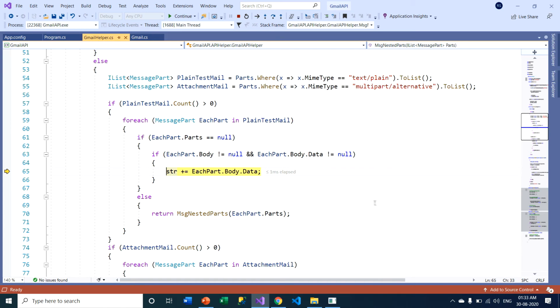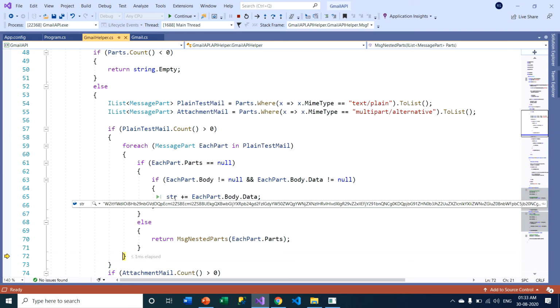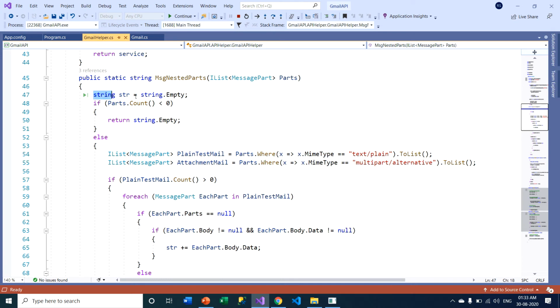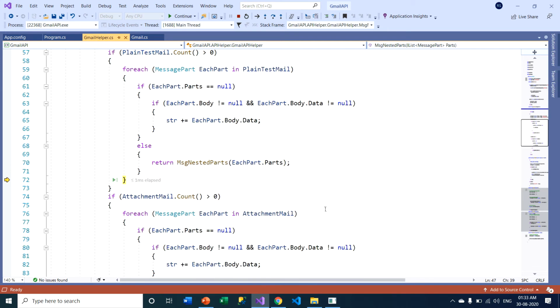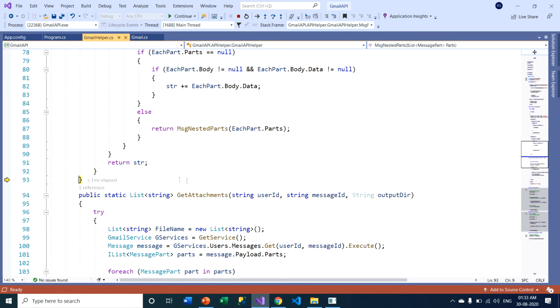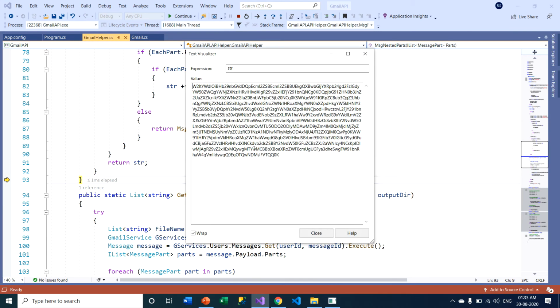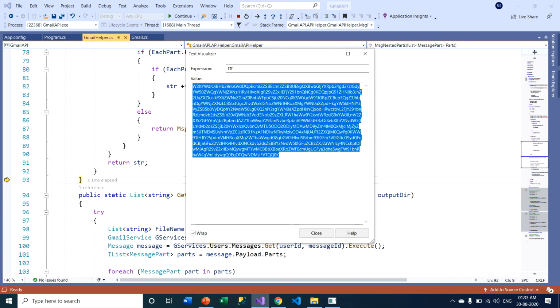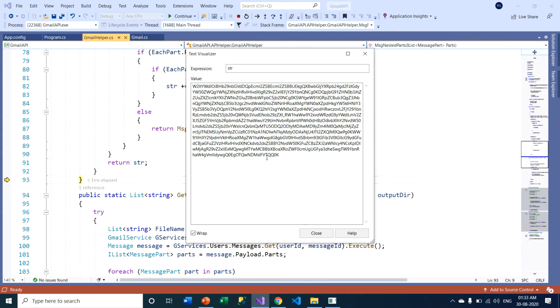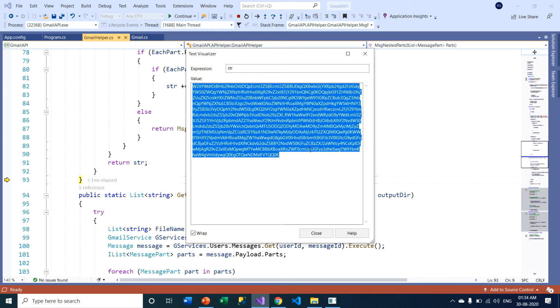If it is not empty, I iterate through each and every part of this particular mail and put it in this string variable. This is a normal string variable that I declared in the upper portion, and the first time I assigned it string.Empty. After that, it returns all those strings. You can see the text returned by this mail is not normal text, it is base64 formatted text, because the Gmail API always returns text as base64 formatted. We need to decode this text into normal readable text.